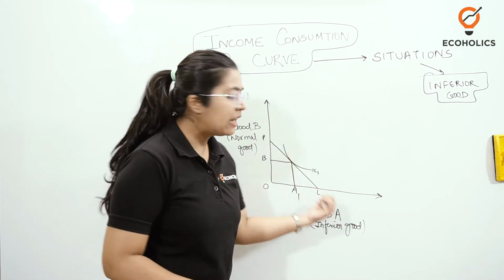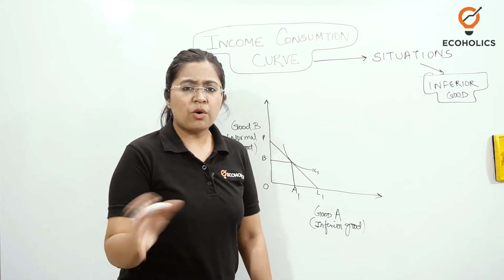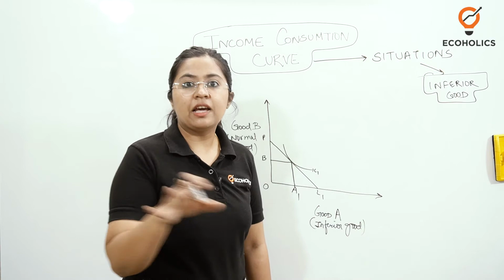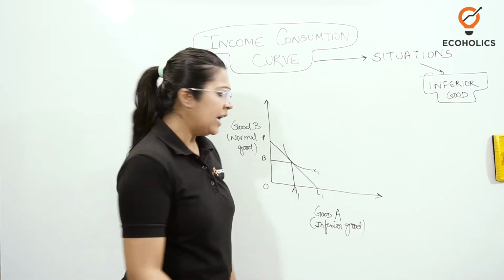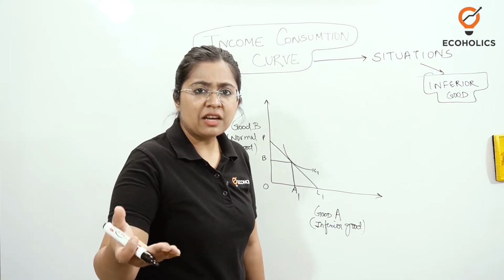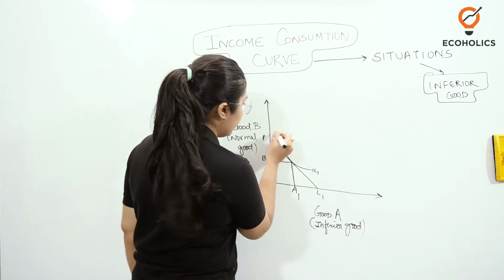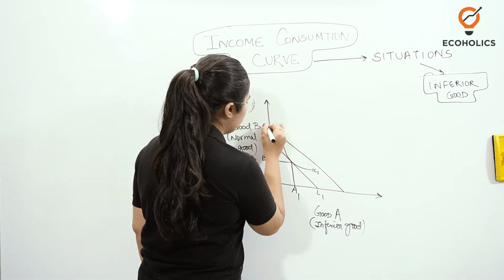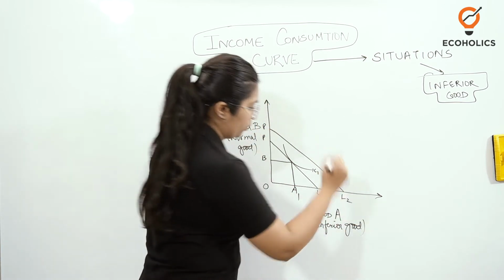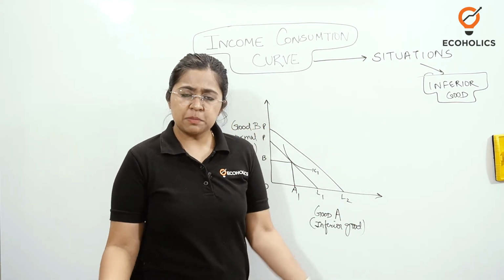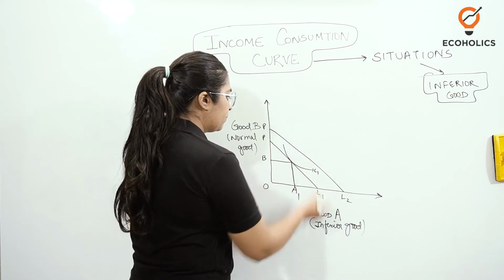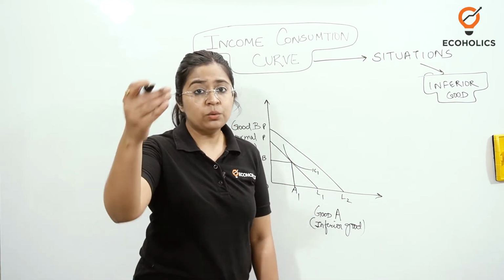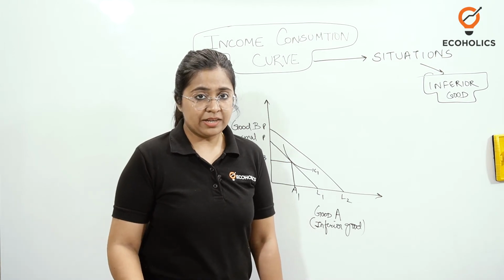Okay, so at PL1 level of income, you are normally purchasing various commodities of these both goods, whether they are normal or inferior. Now let's assume that your income increases a little bit. Okay, so you're on this price line PL2. Now in this price line, your consumption of your inferior good is now going to decline, right?